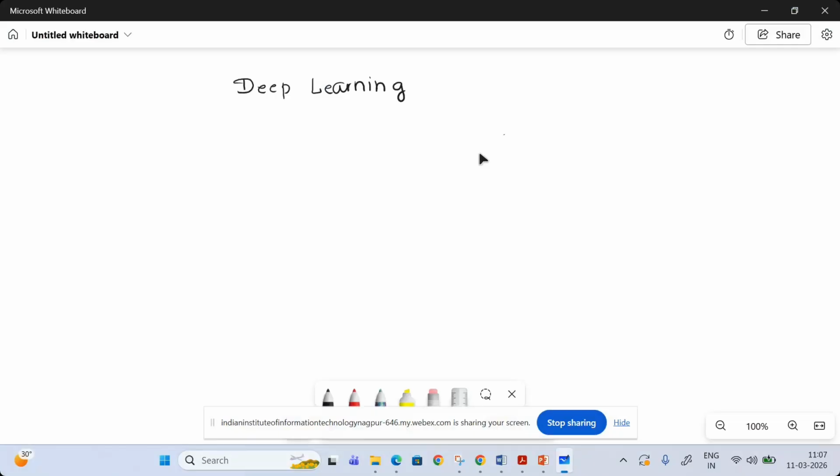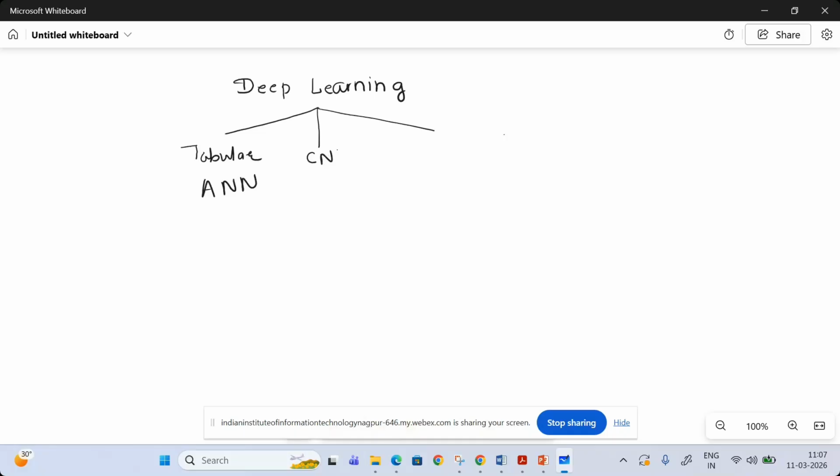As in the CNN class, I have already mentioned, again I repeat that part. In deep learning, you have three parts. One is tabular data; for that, we make use of ANN architecture. If we have image data, we make use of a CNN model. Different separate models have evolved, like here, too many parameters.